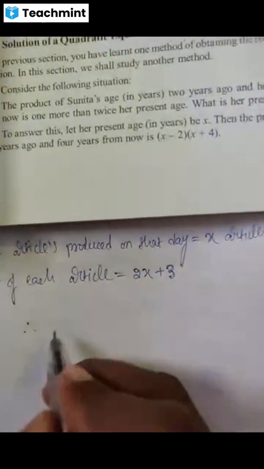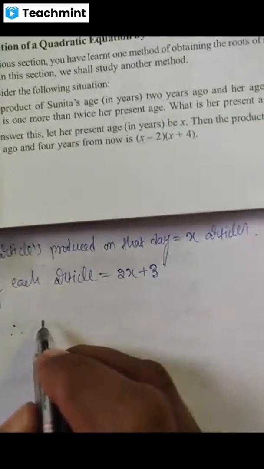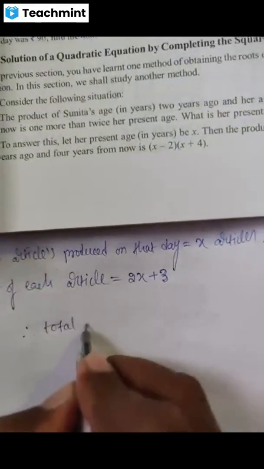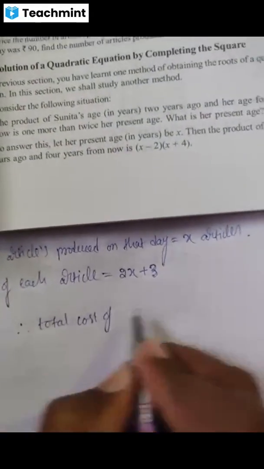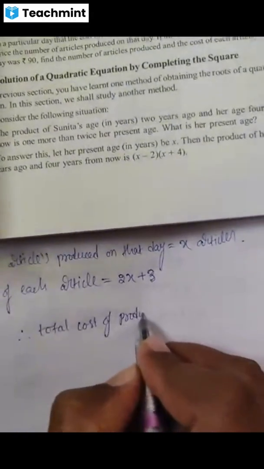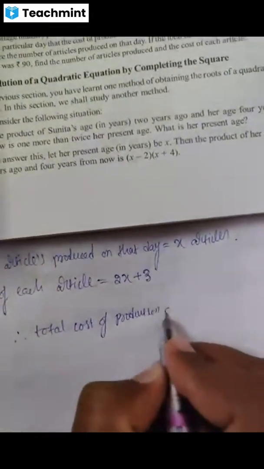Therefore total cost of production on that